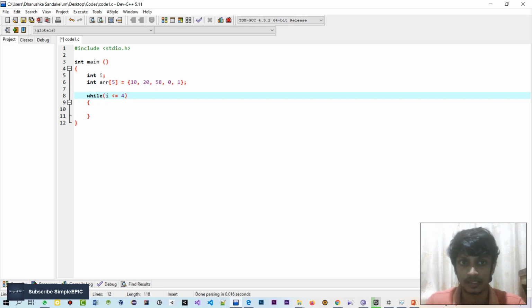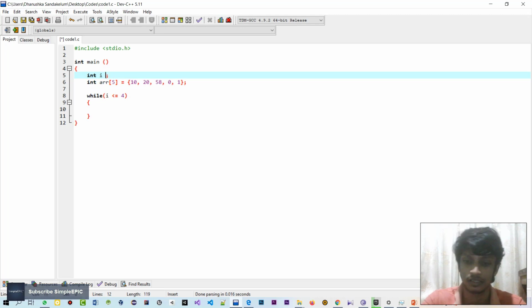And i should start with the first element, otherwise we can say the 0th index, so i should be initialized as 0.